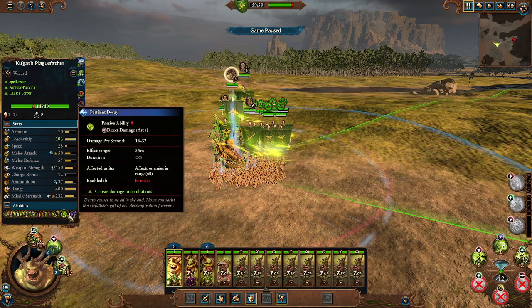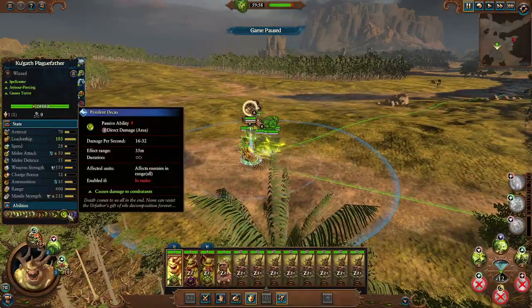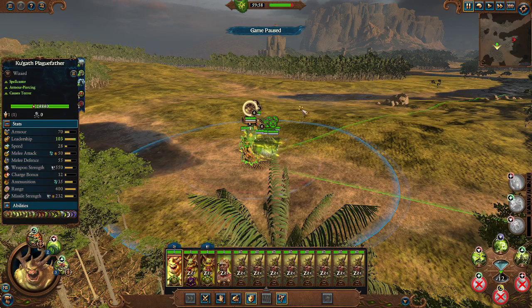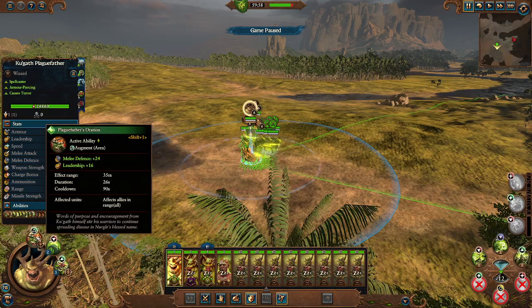So again, it's another really effective tool when you're fighting in a blob, because if we zoom out here a little bit, that first blue ring shows the area that this Pestilent Decay ability will be applied to. So fighting in this tight little blob gets more units in that area, which means that ability is affecting more units within that radius. And he also has the Plaguefather's Oration ability here, which again, with that little ring, provides